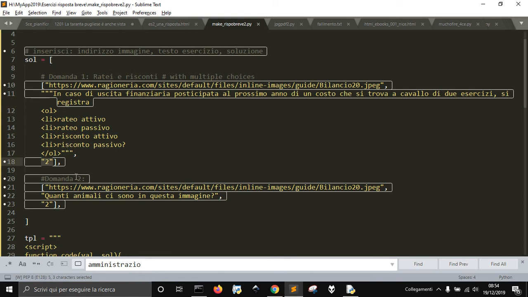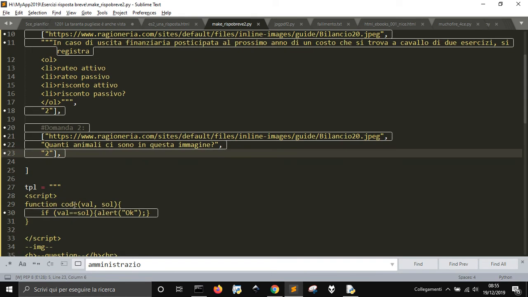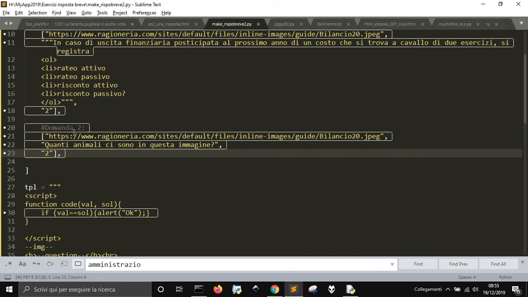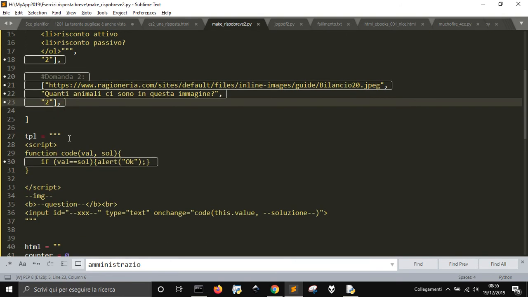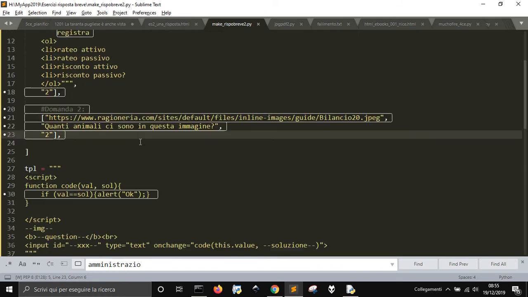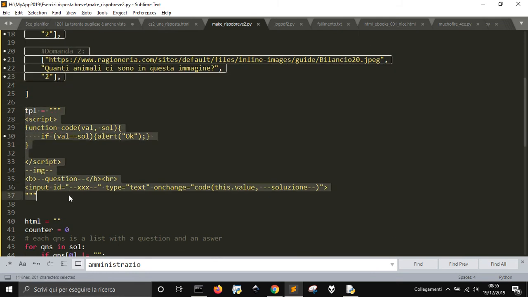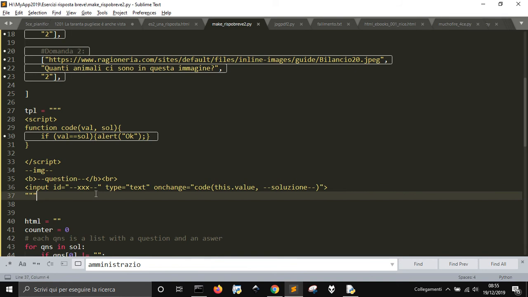And then what we have here is another question in another list with an image, a question, and an answer. So after these multi-line strings that contain our questions and answers, and also some images to show together with the text, we have a template here, and this is